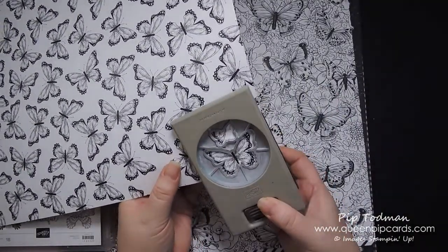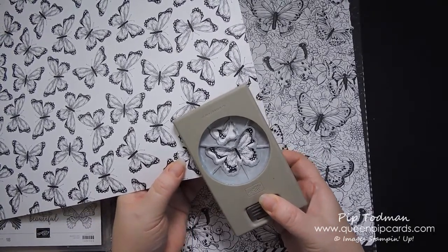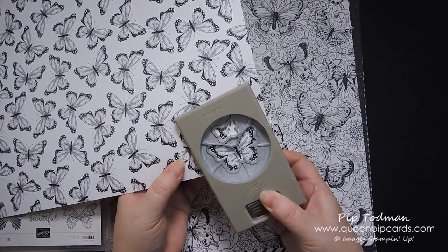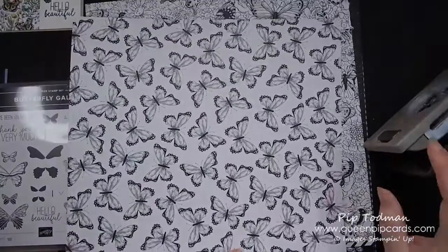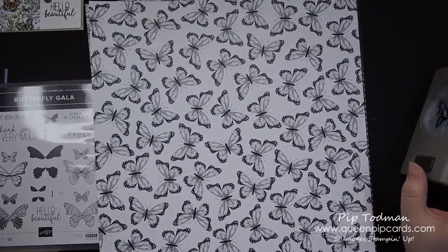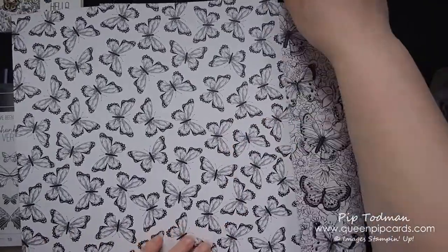So in here, can you see that will perfectly fit that? So you can punch that out, okay? Which I will do in a short while. So that's really the features of that. It fits this page and it fits